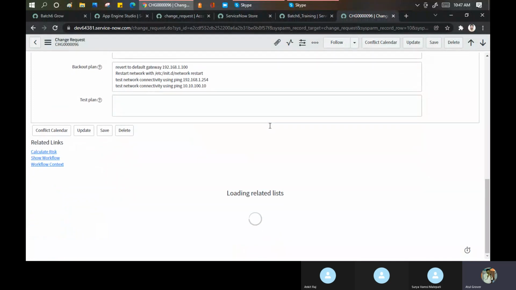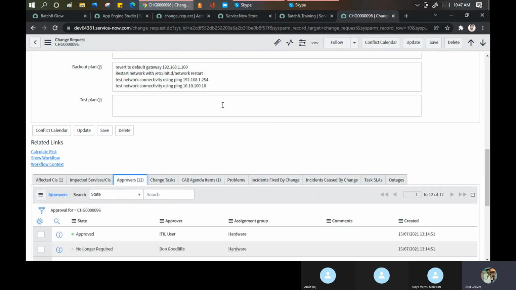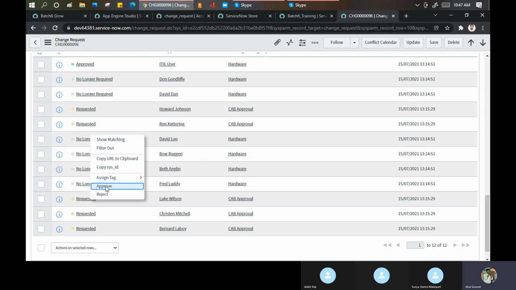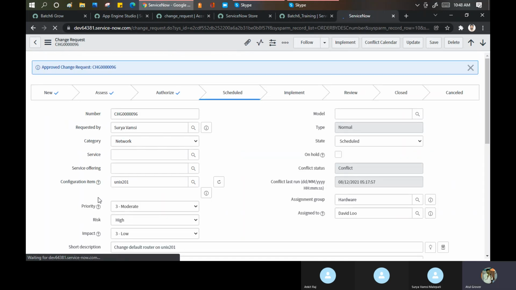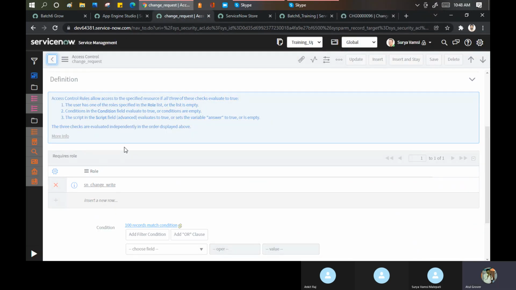Let me show you one option which I put a case on in my previous account as well. Okay, now you can see here approve. I want to approve this change as an admin from right click and approve. I can do it because I am an admin here. But how does this functionality work for me? This has been defined in the ACL actually. I'll show you here. Let me try to find that particular option.